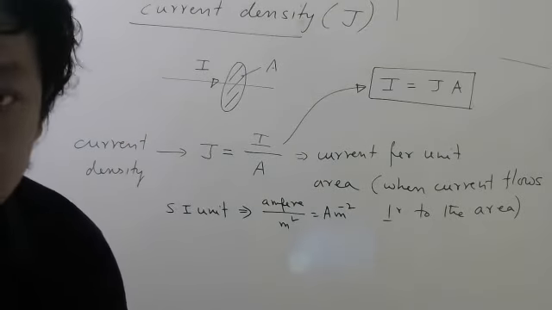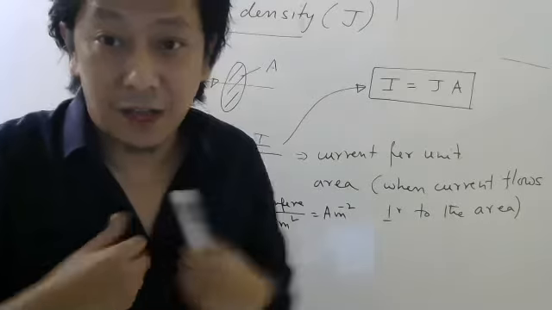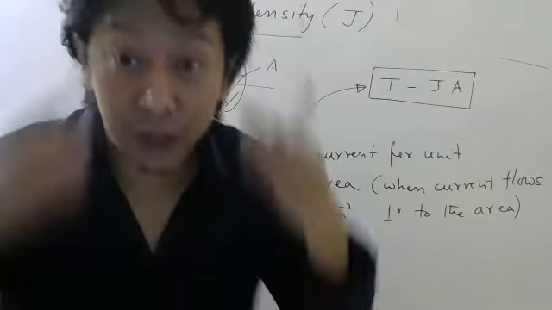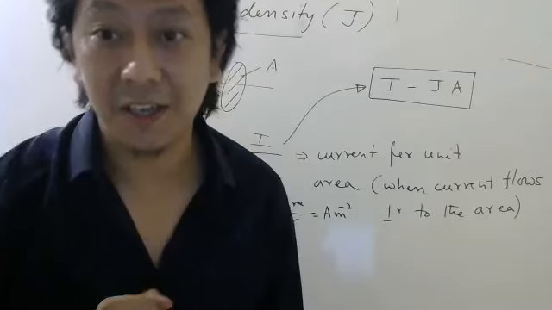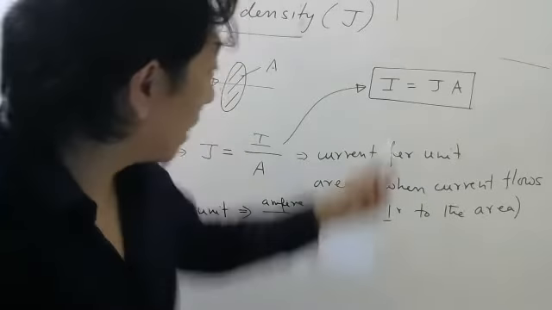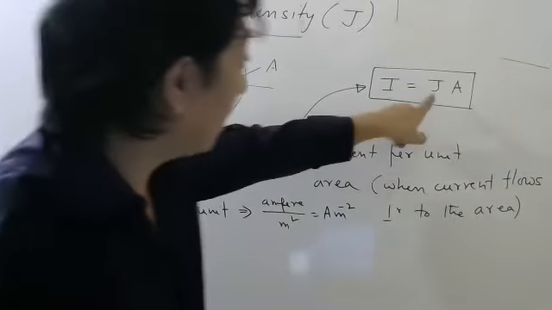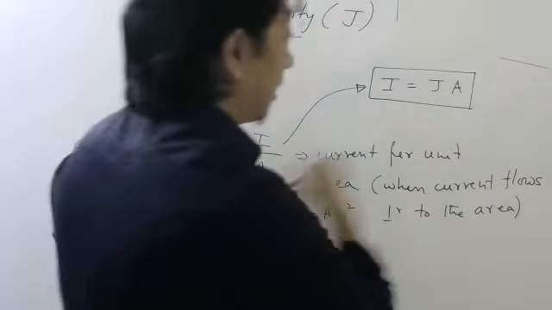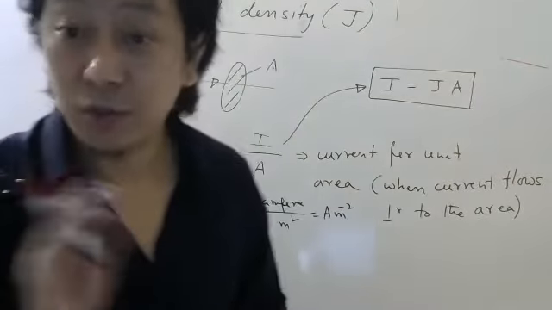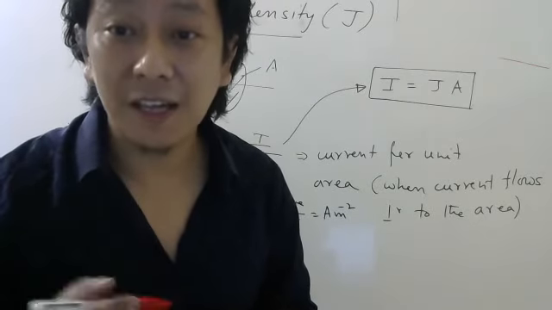Now, look here. If I see this definition, I have a chance. Imagine I am the first one to think about current density. I am the first scientist thinking about this concept. So when I see this formula, I get an idea. I realize that I can make this a vector now, because area is already a vector. Quickly tell me, where is the direction of the area vector?